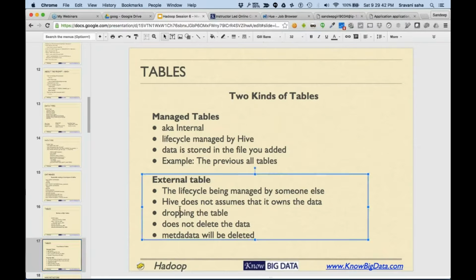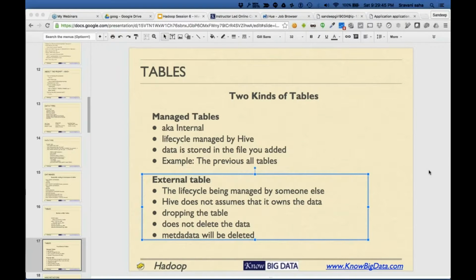There are basically two kinds of tables: managed tables and external tables. The only difference is that when you drop a managed table, the underlying data gets deleted. In an external table, if you drop the table, it does not delete the data. There is no other difference between managed and external tables.